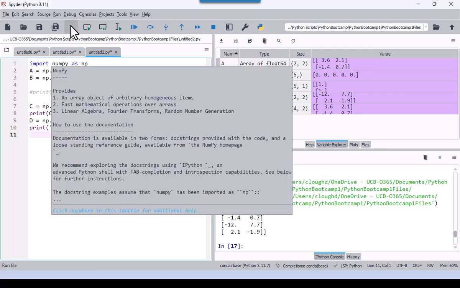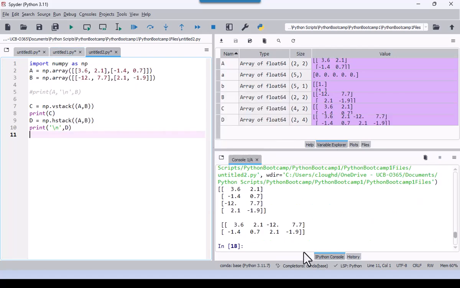And let's run that. And you can see that what he did is it stacked the B array to the right of the A array. So that's a horizontal stack, all right? And then